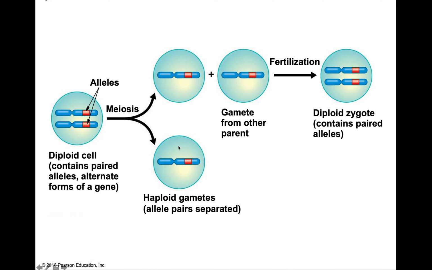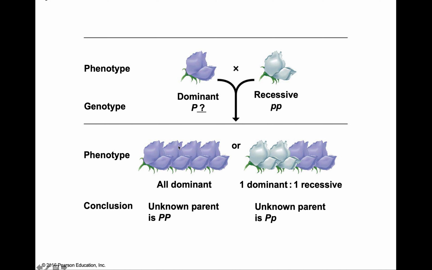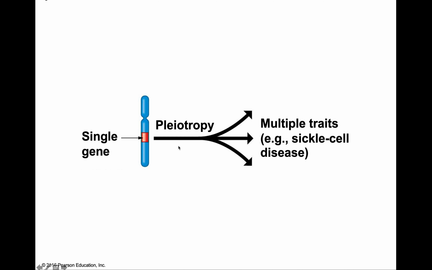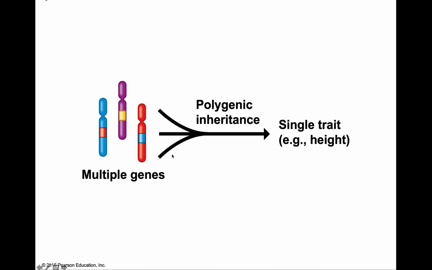Don't care. Here's a picture that I would find worthy on page 166, explaining pleiotropy a little bit better, where you have a single gene but multiple outcomes or multiple characteristics coming from one gene. That's pleiotropy. Then this was polygenic